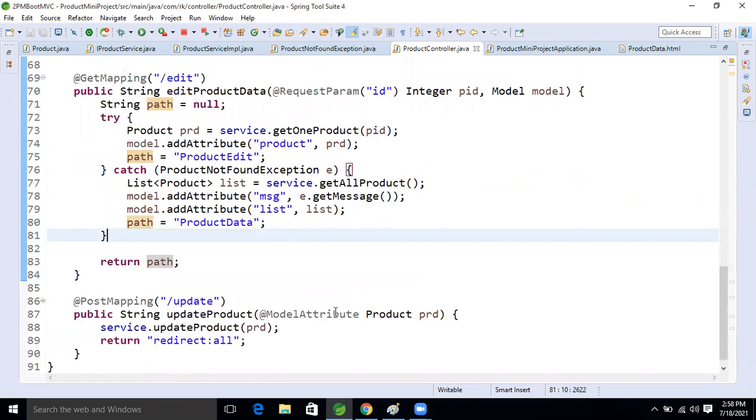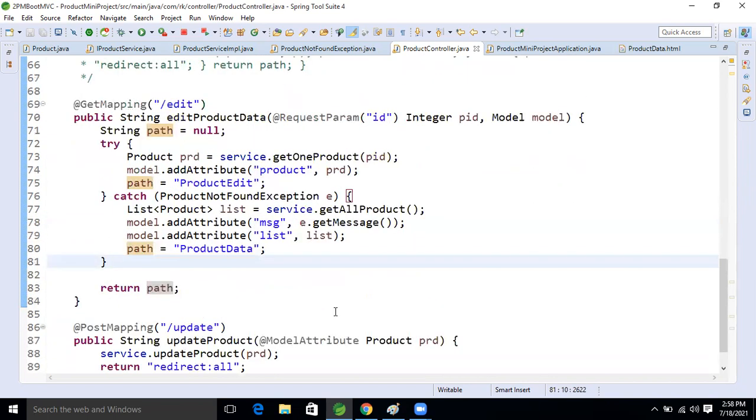Yes, Ravi. Yes, it's very clear. Okay, Vijay, something you are saying? Okay, search through ID and export, okay, don't worry.